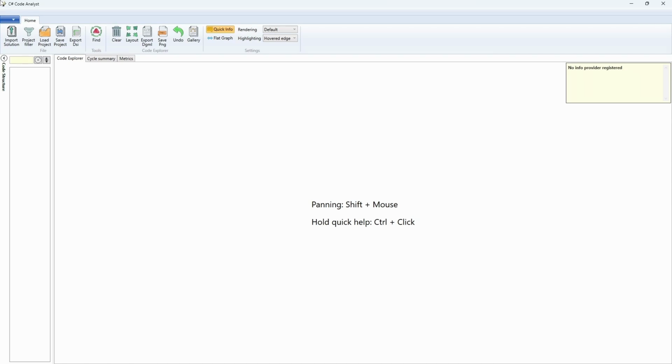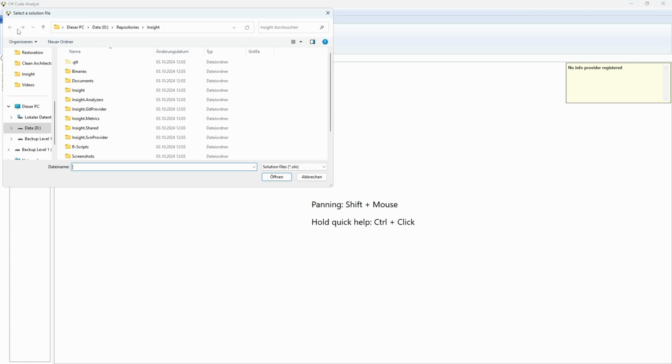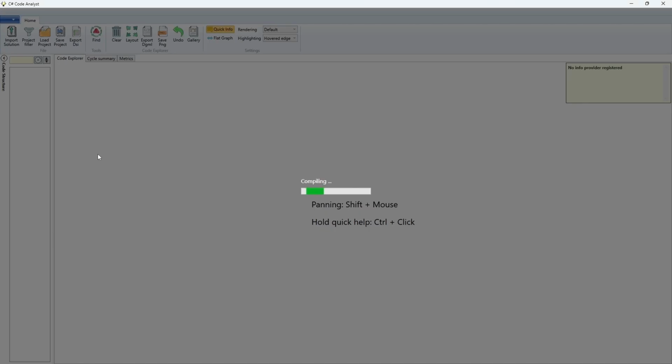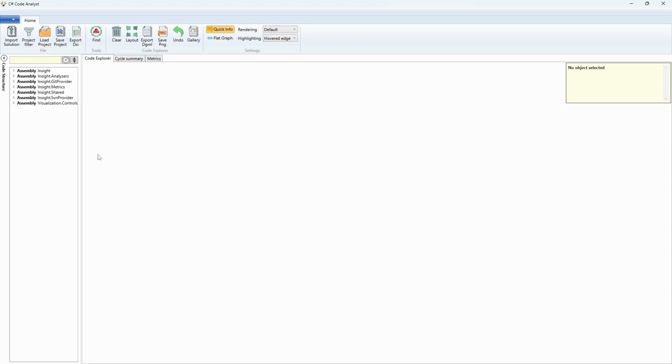To show you how the tool works, I just import an arbitrary C# solution file. So the C# Code Analyst tool now creates a dependency graph from your code base. External code is not imported, however. So once this is finished, we can click the Find Cycles button,